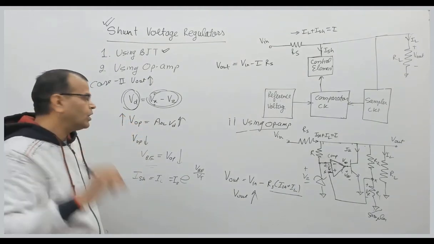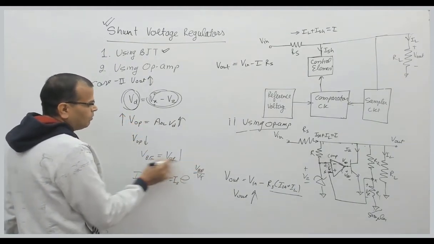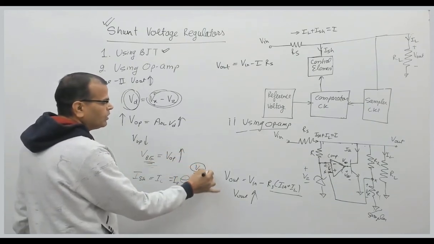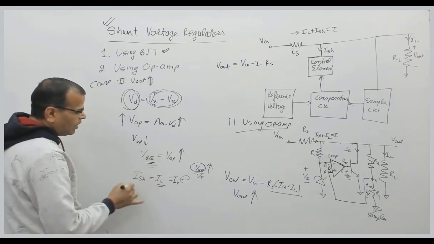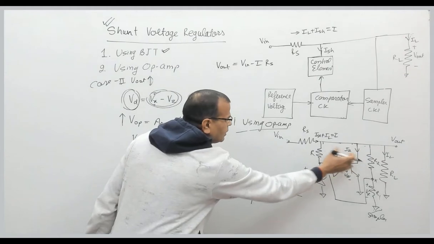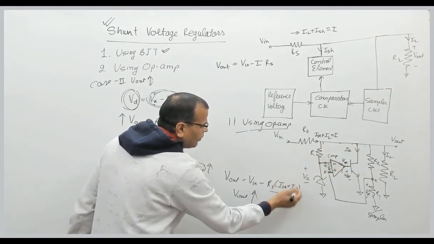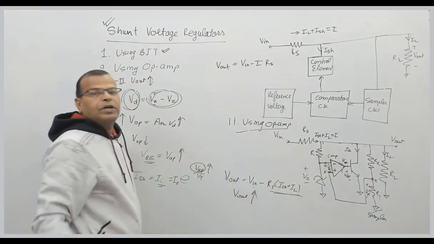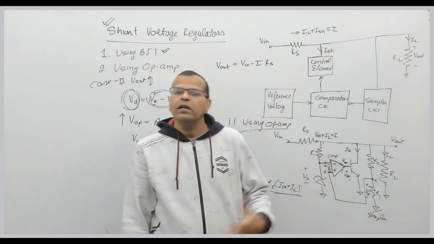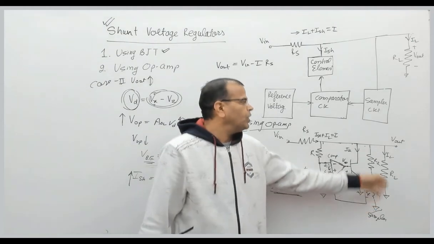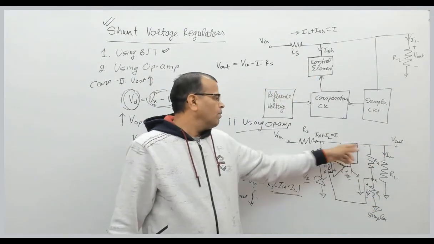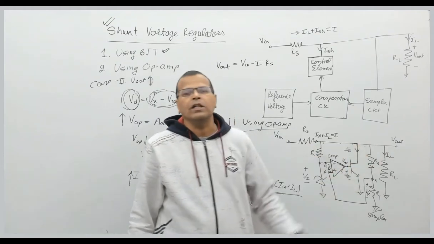When this difference is increased, the output voltage of the op-amp is increased. When the output voltage of the op-amp increases, the base to emitter voltage is increased, and that means the collector current, or shunt current, is increased. When the shunt current increases, the drop across this will increase, this difference will decrease, and the output voltage will be brought down again to the initial value. That means the increase in output voltage is again compensated by this circuit, which is nothing but